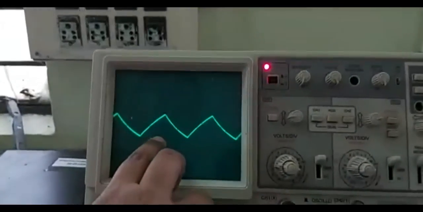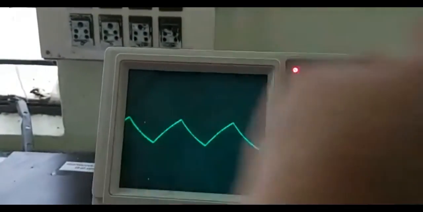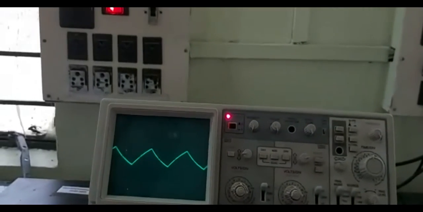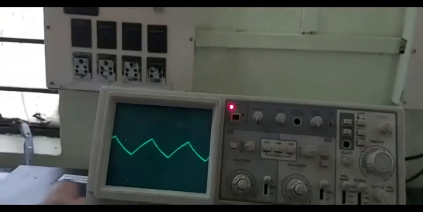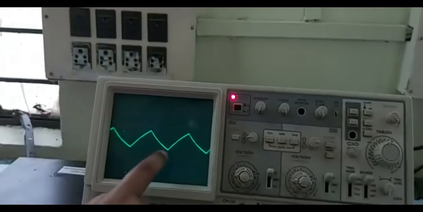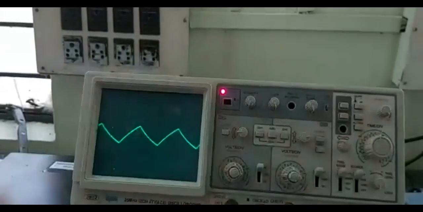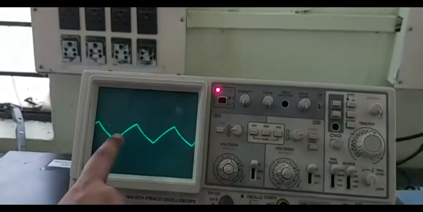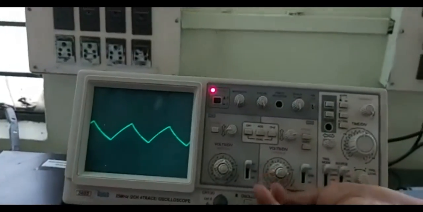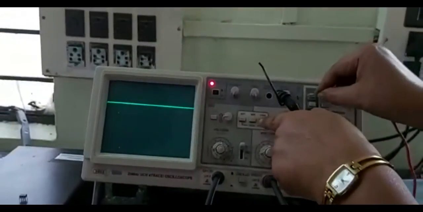Exactly 2 boxes you have got for this time period, and again 0.2 milliseconds per box, so 2 into 0.2, that is 0.4 milliseconds. You can verify that from this tip to this tip it has covered 2 boxes on the x-axis. So 2 boxes into 0.2 again is 0.4 milliseconds, which you verified in the output at pin number 3. I'll show them with the overlap, making use of both the channels.